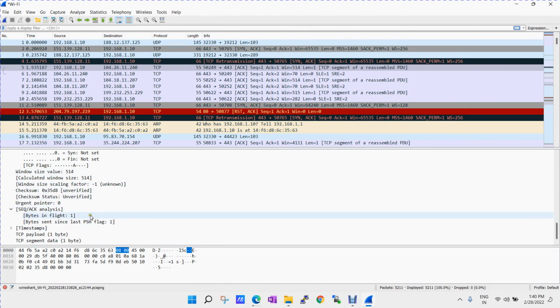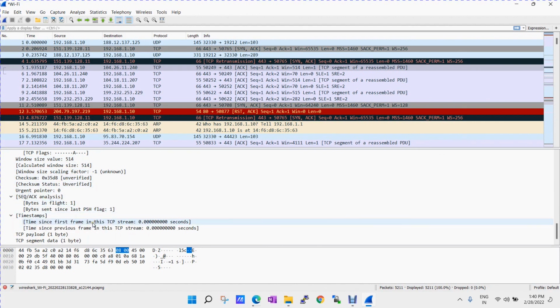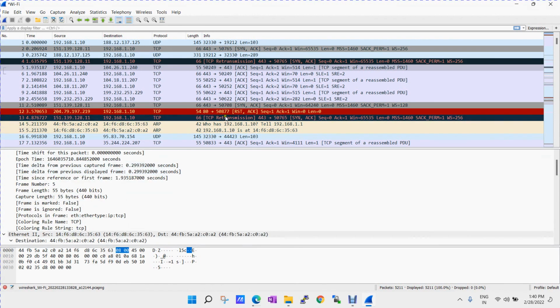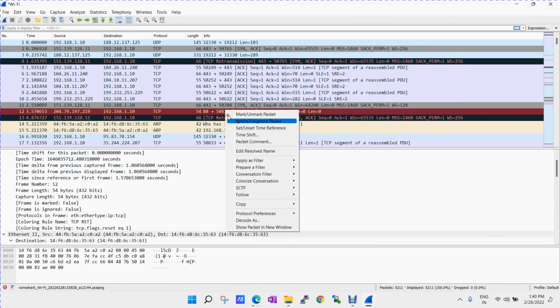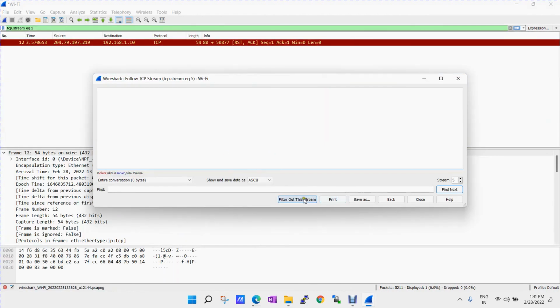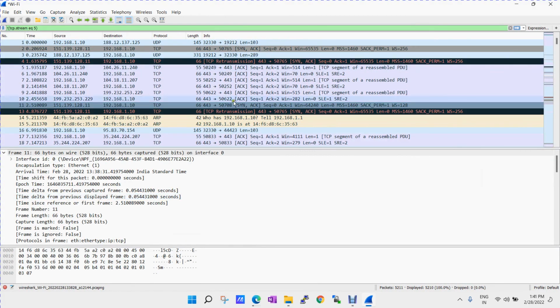Okay, so there are a lot of options you can see in Wireshark. You can click on this and right click, and you can see the TCP stream as well. So there are a lot of options. We will also discuss some commands. These are the shortcut commands to filter the